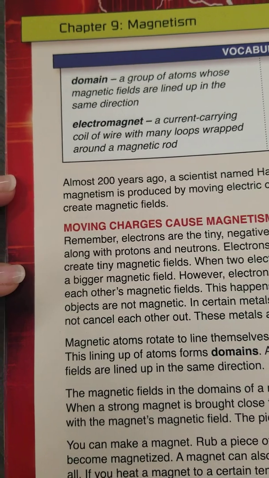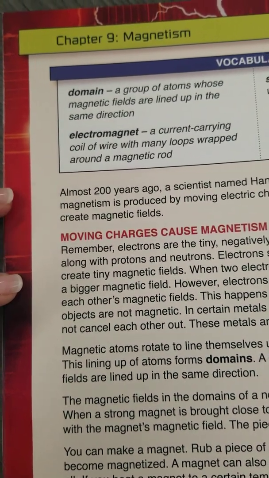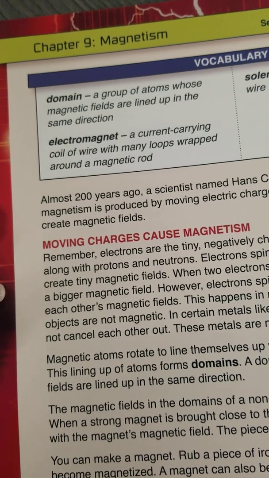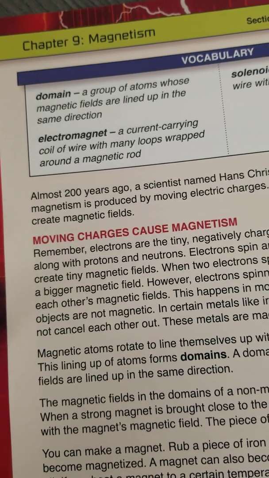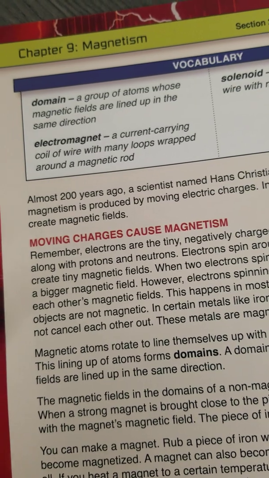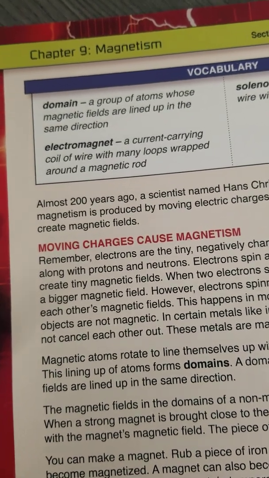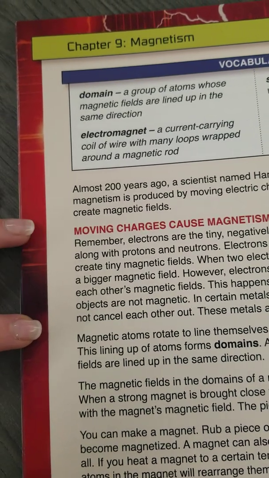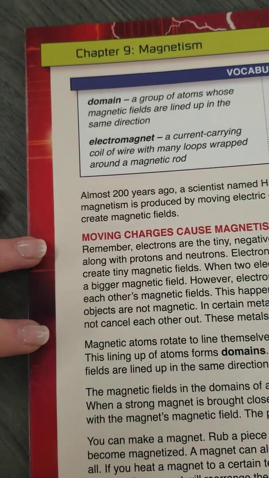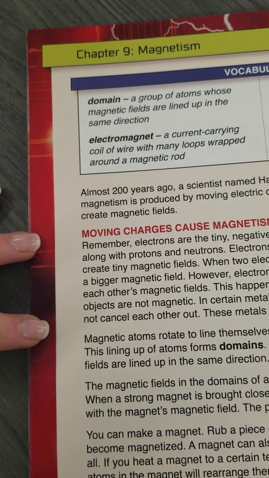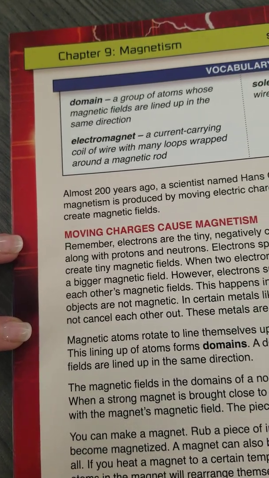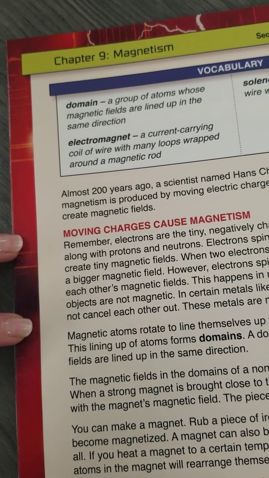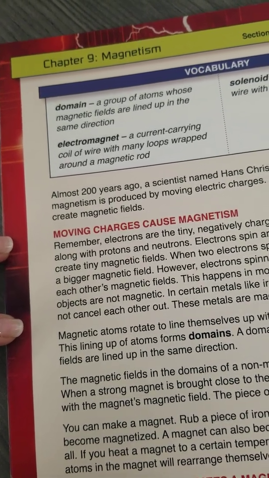Almost 200 years ago, a scientist named Hans Christian Ørsted discovered that magnetism is produced by moving electric charges. In other words, electric currents create magnetic fields. Moving charges cause magnetism. Remember, electrons are the tiny negatively charged particles that make up atoms along with protons and neutrons. Electrons spin around